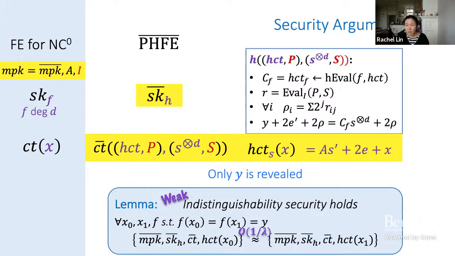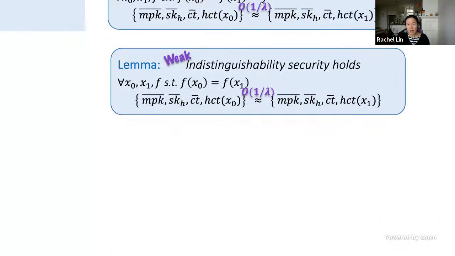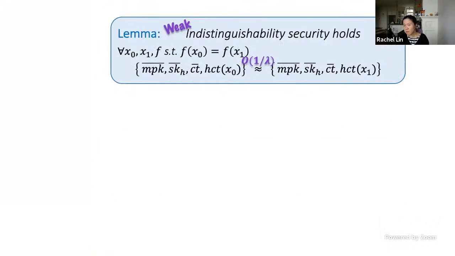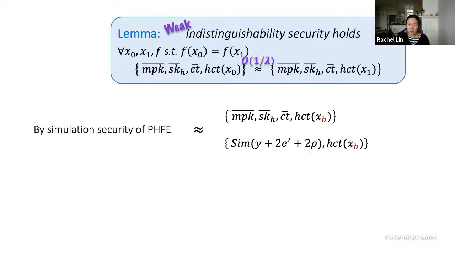And we will only be able to prove the weak security. And we'll see that the weak security comes from two sources. The weak security means that the indistinguishing gap is only upper bounded by 1 over lambda instead of negligible. So starting from this distribution we care about for some particular input XB, we observe that the master